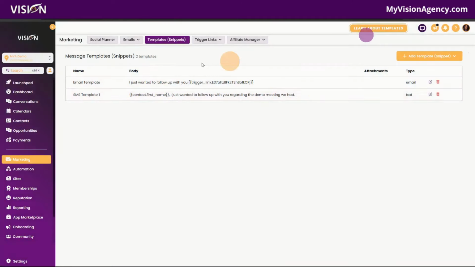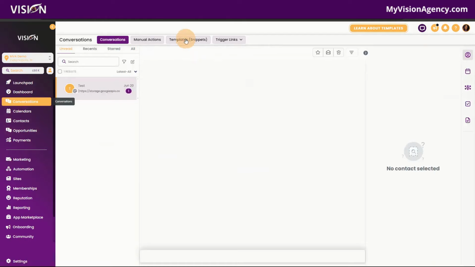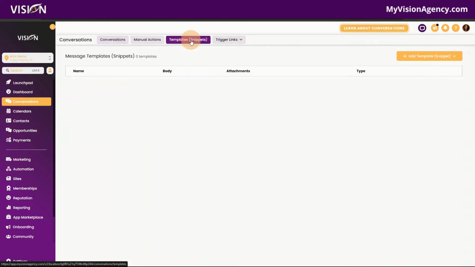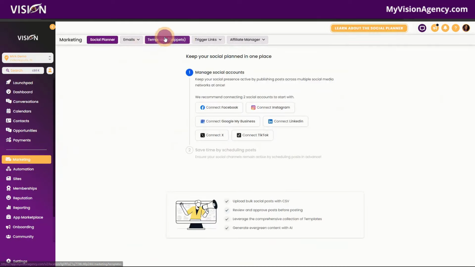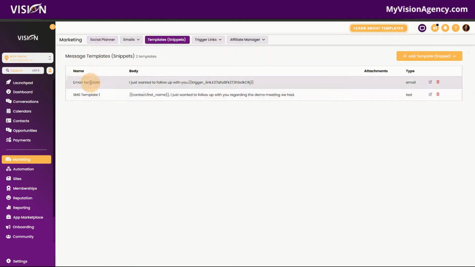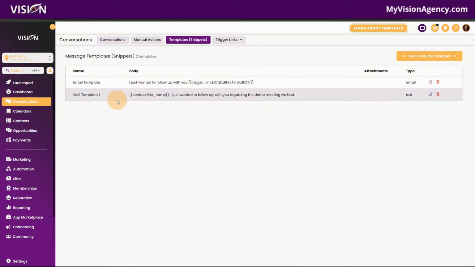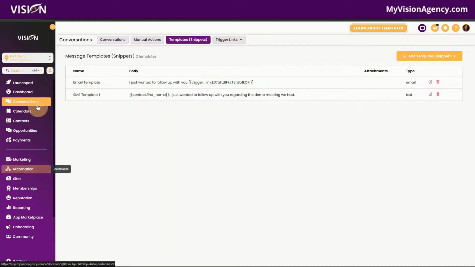But the difference between these snippets here is that you'll see the same snippets in the conversations tab. And we are going back to the same place, right? So if I go back to marketing and go to template snippets, we have the same email, SMS template one. Go to conversations, template snippets, email, SMS one, right? So really it's the same exact thing. We can just access it in two different ways. Now,